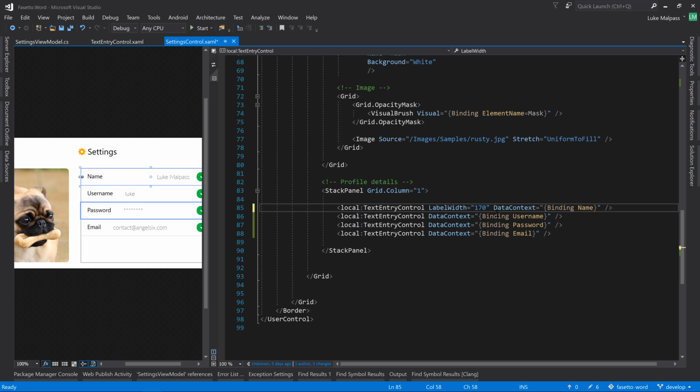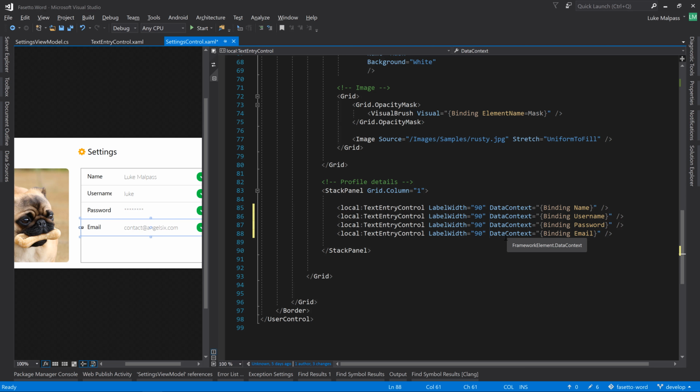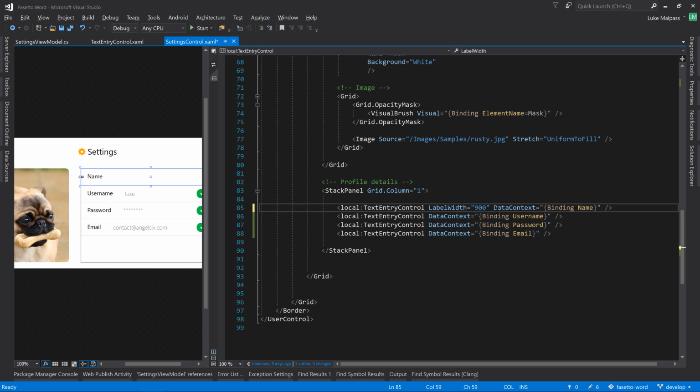So we could set these to, say, whatever fits. So like 100 or probably 90 even fits. And then you could do this. You could set, and we're not going to do this, but I'm just showing you. This is the effect we're after. We want to set the label width on all of them, and we want them to be the right value, but we want them to be the value of whichever one is already naturally the biggest. You see that E is slightly cut off. So we're halfway there with that label width dependency property,